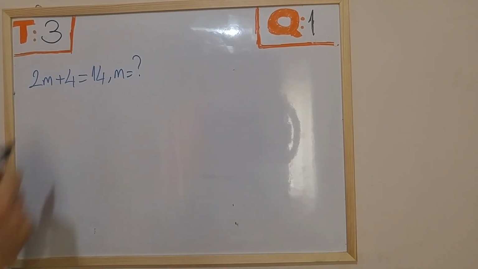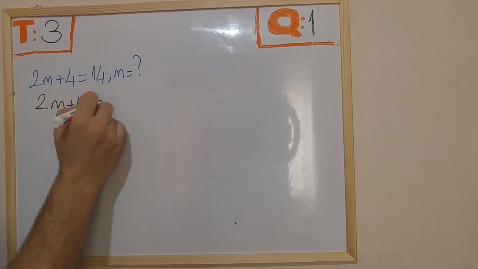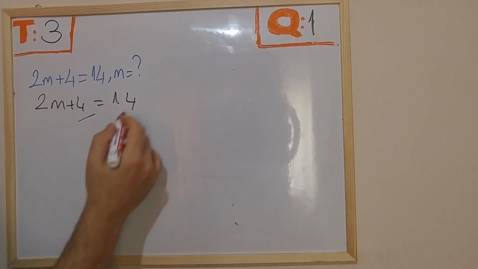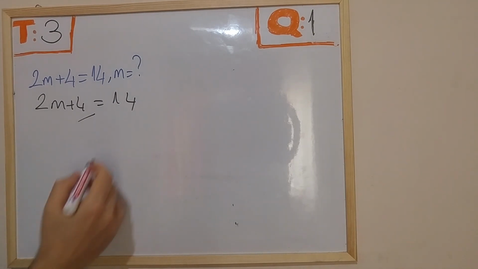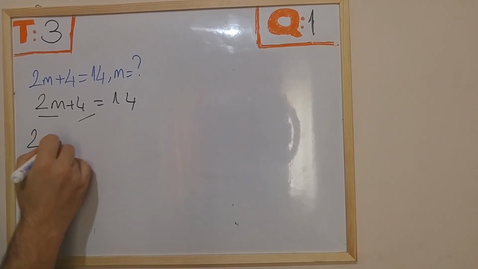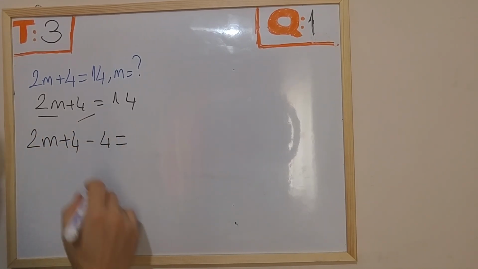Okay, let's solve this question for m. 2m plus 4 is equal to 14. So what we do to the left hand side of the equation, we have to do to the right hand side of the equation. And to leave m alone, what you need to do here is to subtract 4 from both sides,